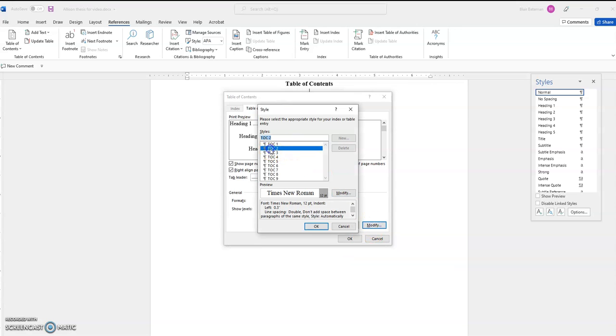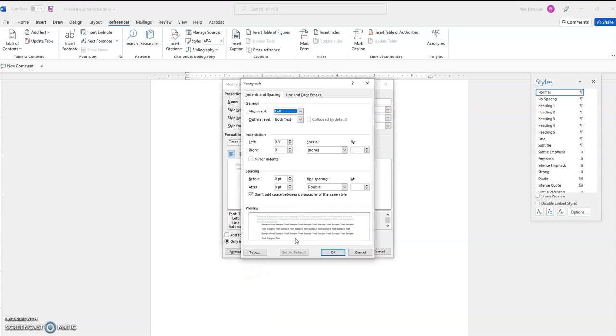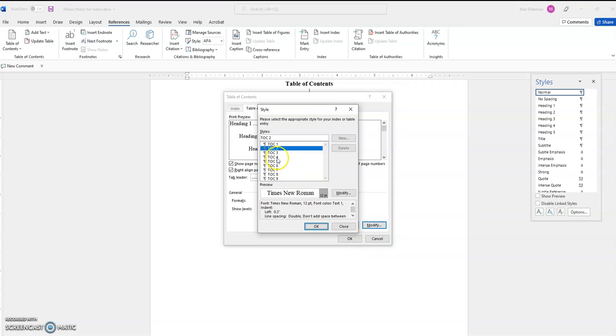Modify, and here's Level 2. Modify. Same thing, I want Times New Roman, 12 point. I want it to be black. Click on Paragraph. Line spacing double. 0, 0, don't add extra space. Now Level 2 I want to be indented a little bit to show that it's a different level. I like to indent it about 3/10 of an inch each successive level, so I've set this to 0.3 here. Click OK. OK. Level 3,